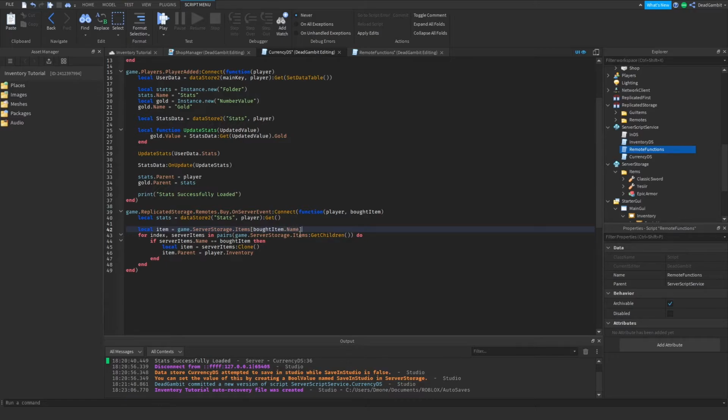We put these in brackets because as long as we have the name, it'll automatically find it. So we'll do game.ServerStorage.Items.botName, and we'll do clone,